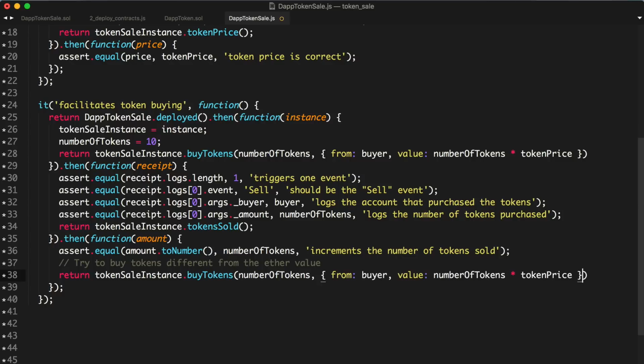We'll pass in some function metadata to specify the buyer. And so here's what we're going to test for. Now, this would always give us the number of tokens times the token price. This is how much